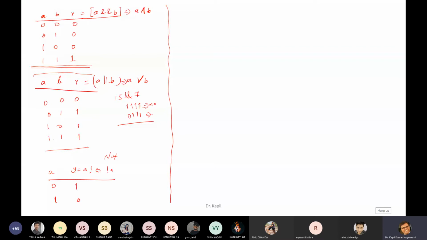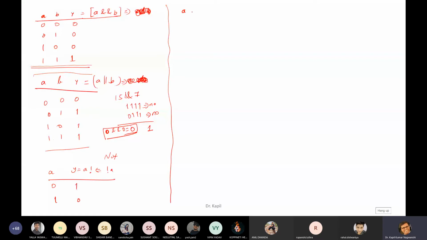If any number other than 0 is there, then the output is always 1. If 0 and 0 are given, then the output is 0. Otherwise, all other outputs are 1. I am omitting the rest because you will unnecessarily be confused.